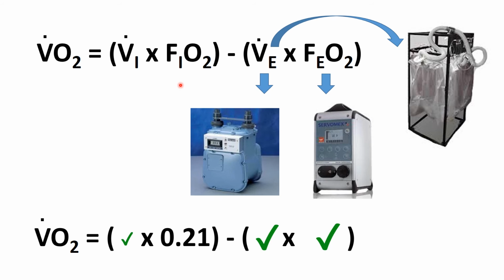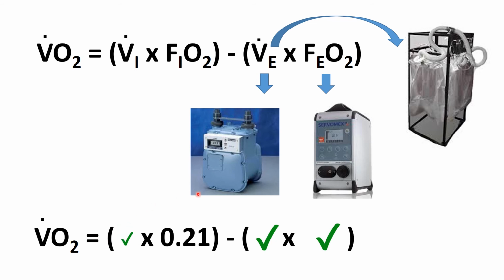So if we go back to the equation at the bottom, to go over that one more time, we're looking to measure VO2, and you've been doing these labs for over a year now. I want you to be able to now say, actually, I understand why I was doing what I did in the lab and what I'm going to do in the subsequent labs. So our volume of oxygen consumed per minute is equal to our VI, the volume inspired,